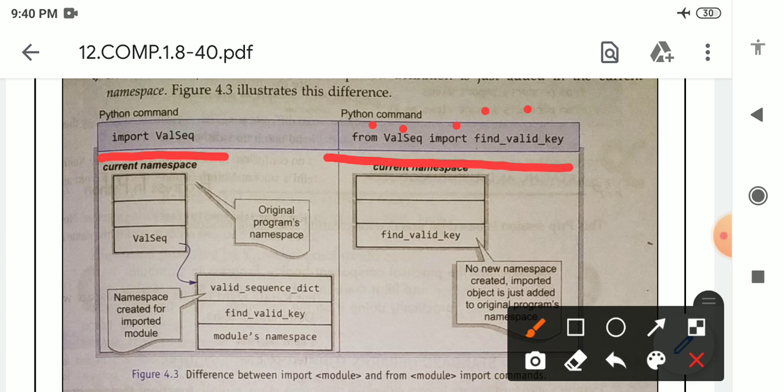When we import the entire module, a new namespace is created, but in this case no new namespace is created. Why? Because we are selecting only the limited objects present inside the module.